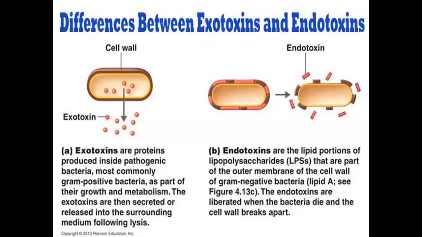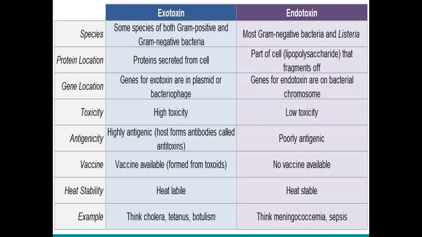Gram negative bacteria, as I said, have got an outer membrane which is made up of lipopolysaccharide. That outer membrane breaks, and this is how it happens. Exotoxin, more of gram positive. I don't say only gram positive. And endotoxins, more of gram negative plus listeria. Then the protein location, then the genes, then the toxicities. People say that the toxicity of an exotoxin is high compared to gram negative. Sorry, the low toxicity. The protein,